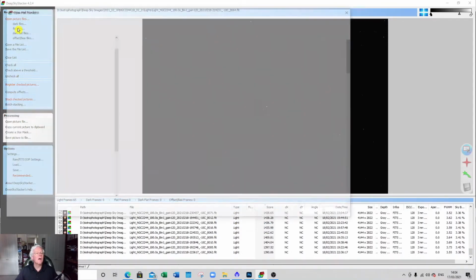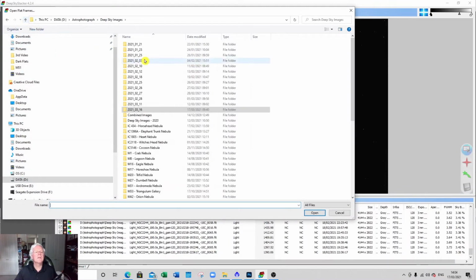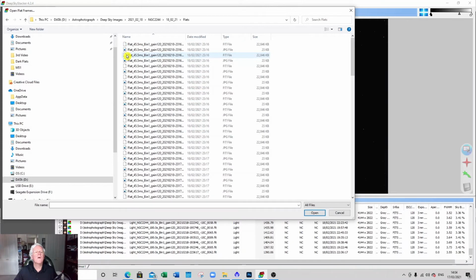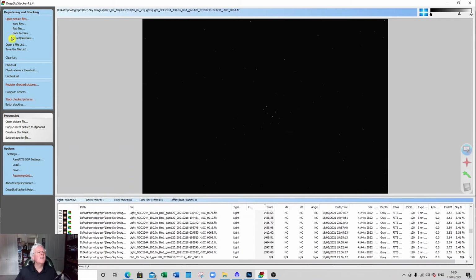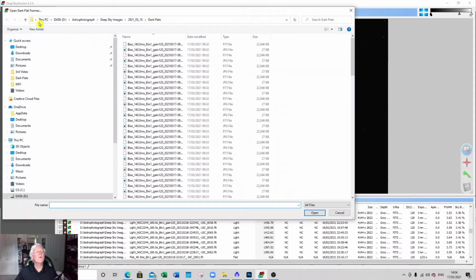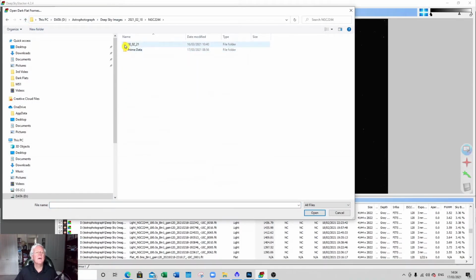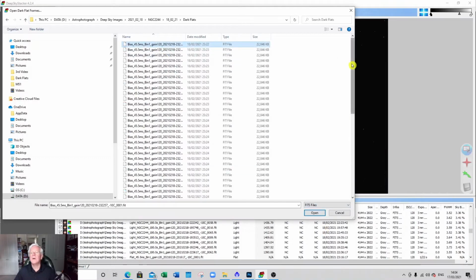So first I'll go to my flat frames. So again, I just want to get to the right ones. So let me just pick this up. And again, I just want my fits. So we just pick fits. These are the short frames to take out dust things, and I do dark flats, which are exactly the same as the flats, but with the cover on the telescope, same length, and dark flats, there we go. And again, just want the fit files, so if I go to all of those,